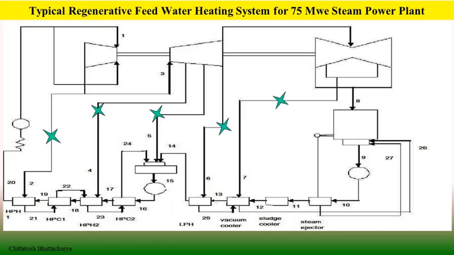Part of the HP turbine exhaust steam is bled from the HP turbine exhaust, and that steam is going to the HP heater 1 for regenerative feed water heating, and this extraction is uncontrolled extraction to meet the final feed water heating temperature